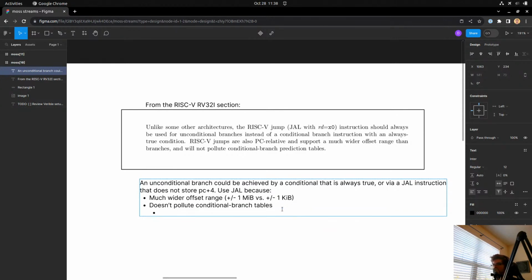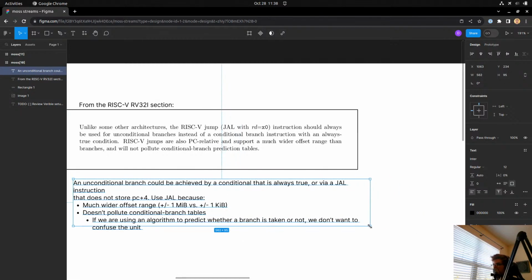I think that second one is really the more interesting point to me. So if we are using an algorithm to predict whether a branch is taken or not, we don't want to confuse the unit by giving it a branch that is always true, like a bad heuristic, I guess. So that's pretty interesting.